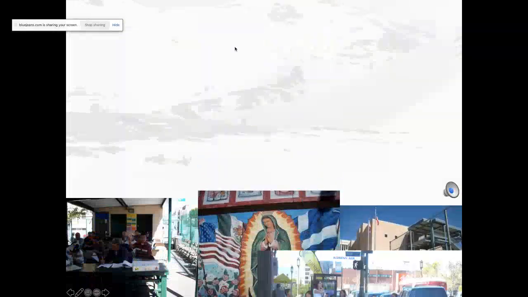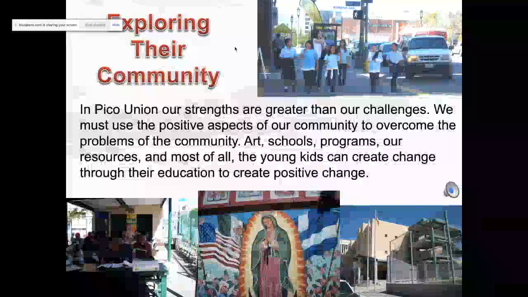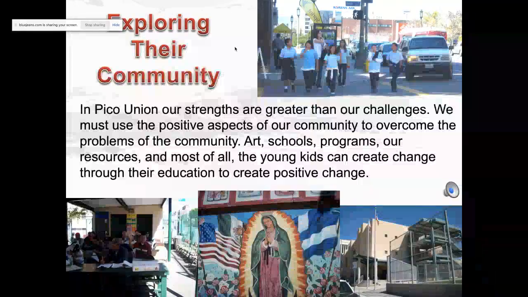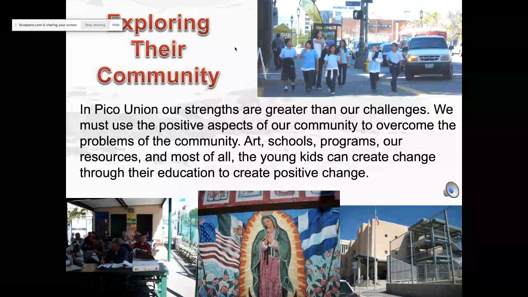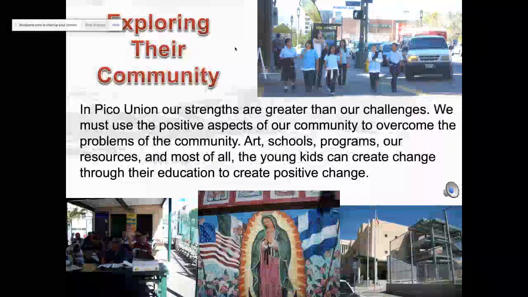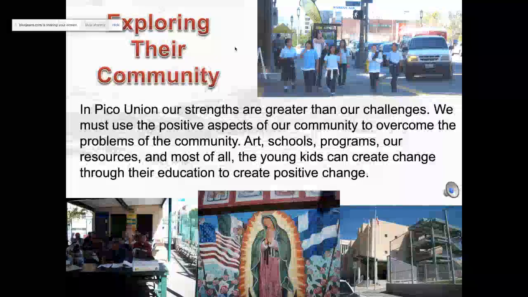Here's another example of using photography, students exploring the community, getting out and just walking in their own neighborhood. So here's an example where it's a low-income neighborhood in downtown Los Angeles, where the media typically tells very negative stories about this area. That we only see news about Pico Union and the local newspaper when something happens, when there's violence, when there's an explosion or something goes wrong. And yet there's a lot of positive things there too.